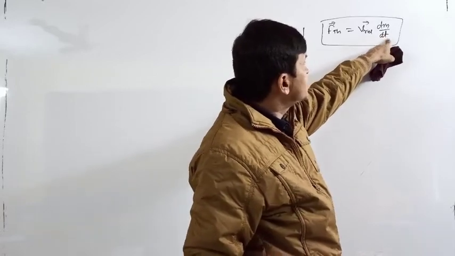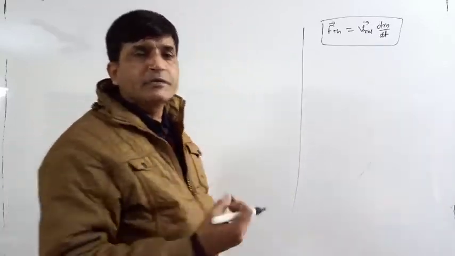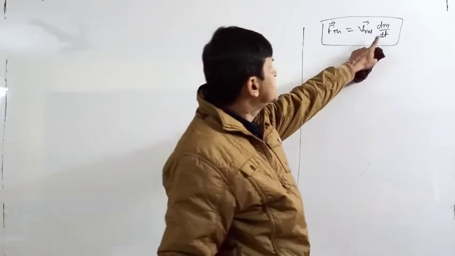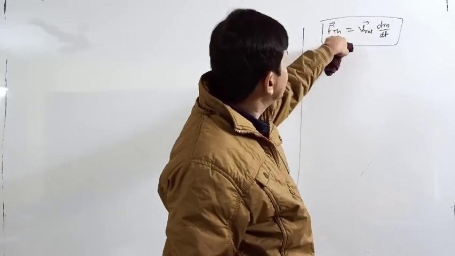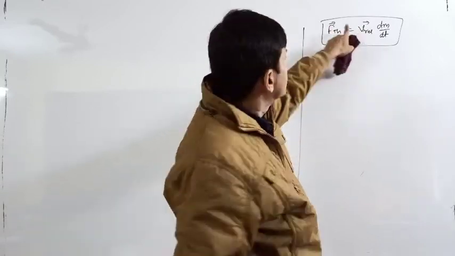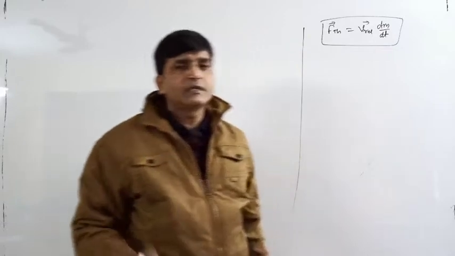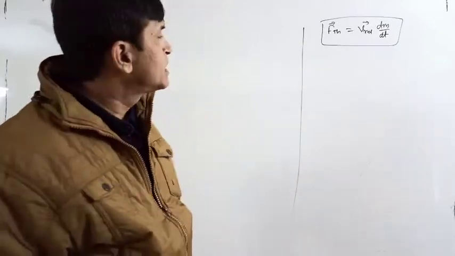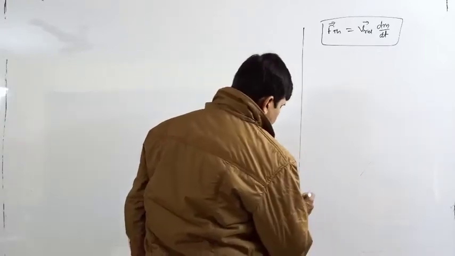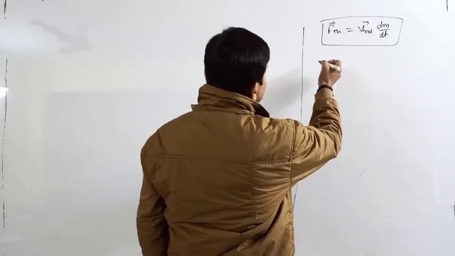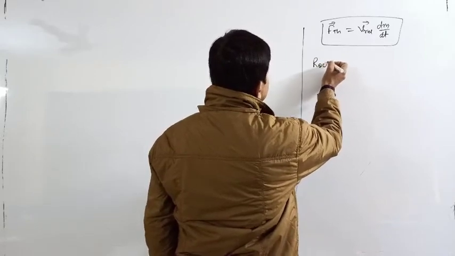And if dm by dt is negative, it means the mass is removed from the main body, or mass is continuously going off from the main body, then dm by dt will be negative. So a negative sign will appear here in the vector quantity. Negative sign indicates directions are opposite. So thrust force will be opposite to the direction of relative velocity. This is the main point you have to remember while solving all problems based on the variable mass system.